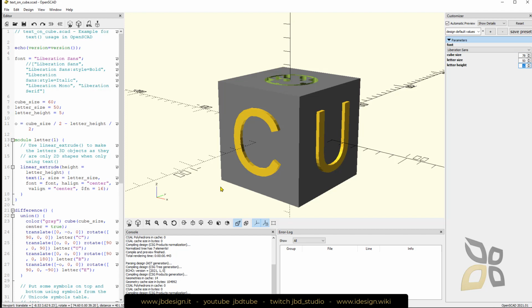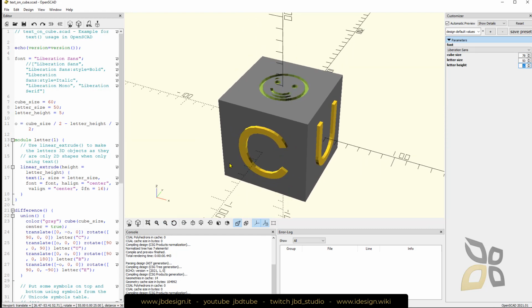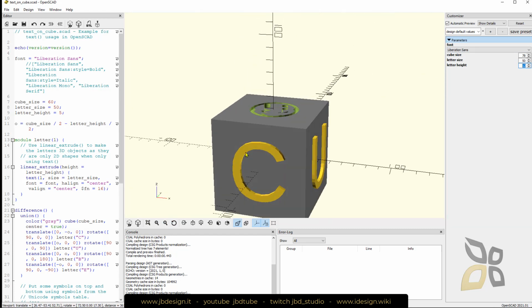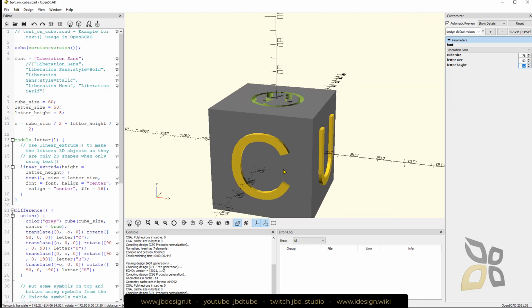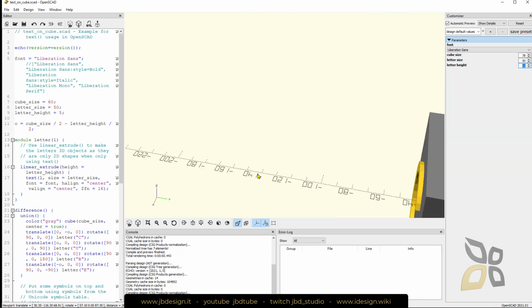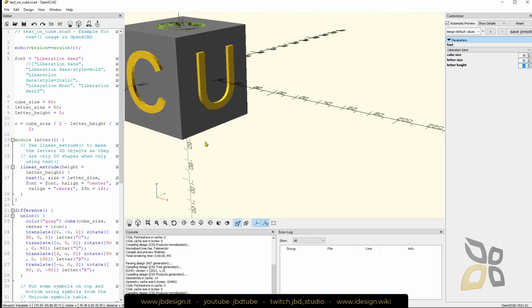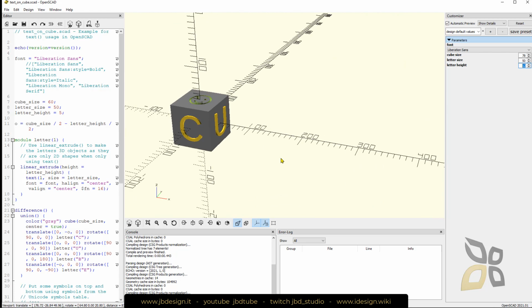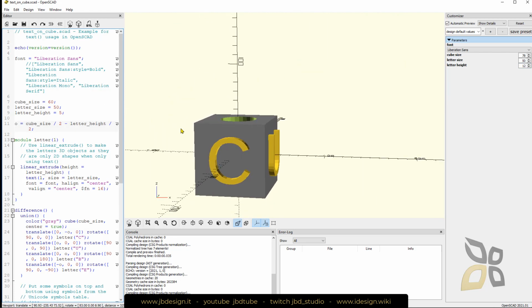Now you can also change here the views. You have some navigation tools here, or you can use the left mouse to orbit around, middle mouse to zoom or scroll wheel to zoom, and left mouse to pan, and that's it. That's how you move around. But we are not going to go too deep with this video here. This is just an introduction, just to show you what this software is about and give you a first look